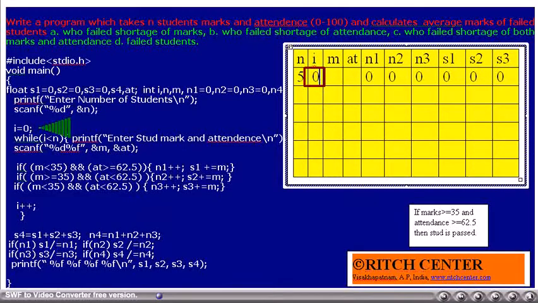I value is initialized to 0. While i less than n, that condition is evaluated. Currently i value is 0. n value is 5. Is i less than n? Yes, that is 0 less than 5? Yes. The while condition is true. Thus, the while block is going to get executed once.